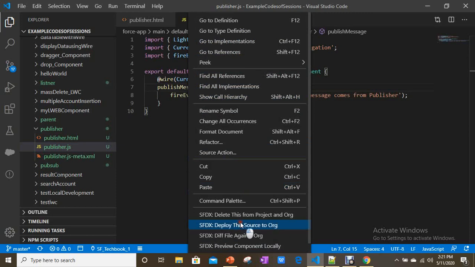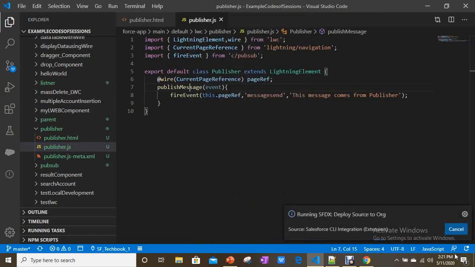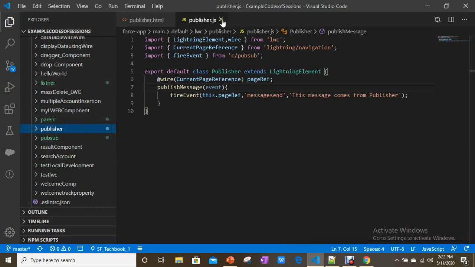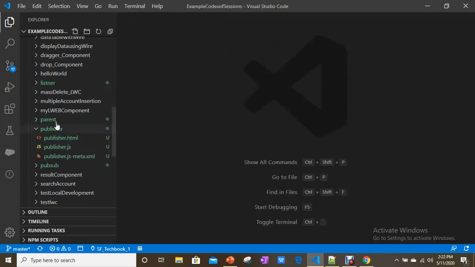Context is important. Now we have successfully fired an event from the publisher. Now how can you listen to this event in the listener? Let's go to our listener component.